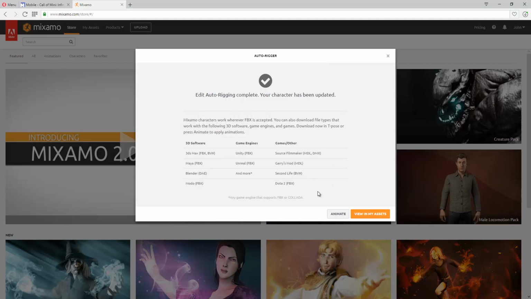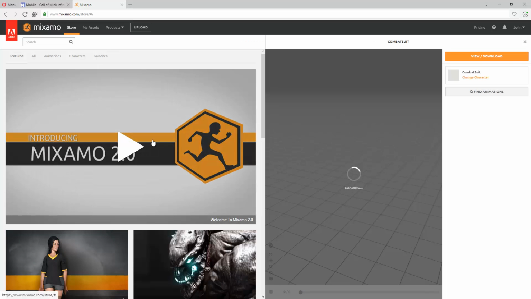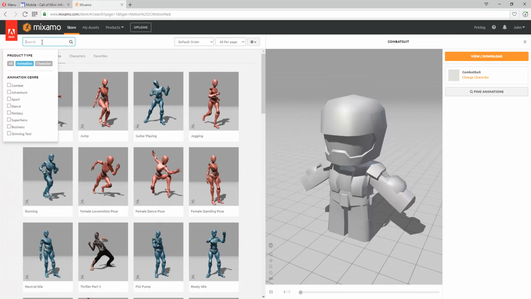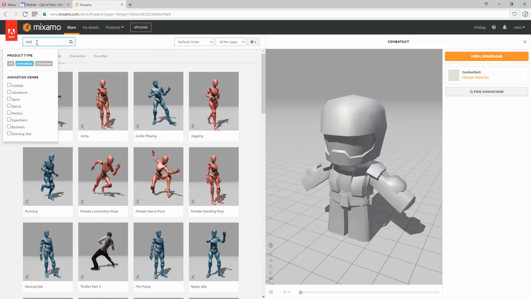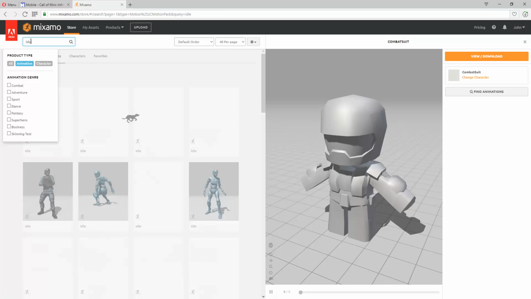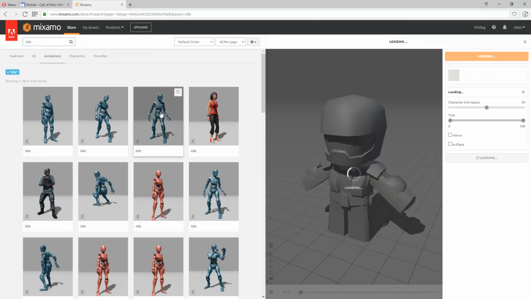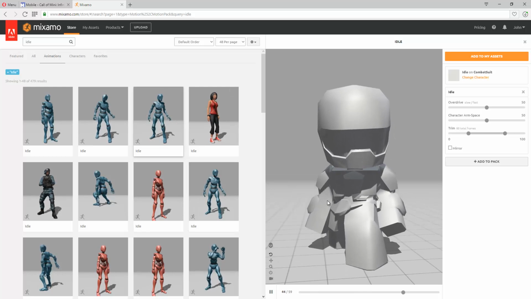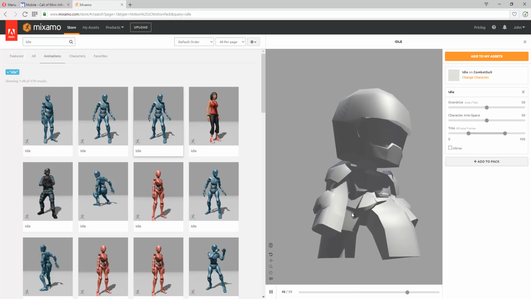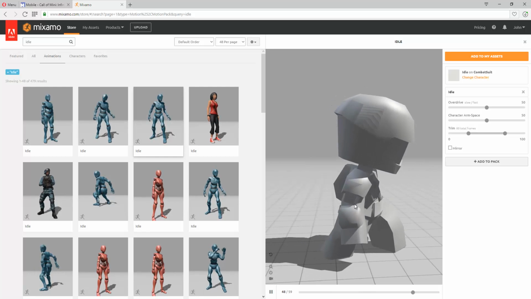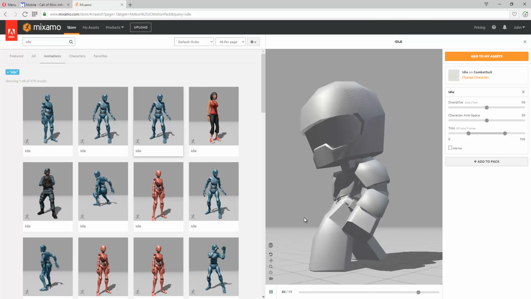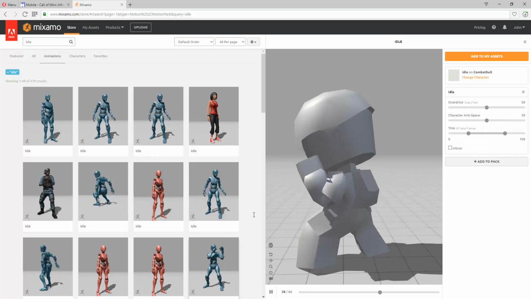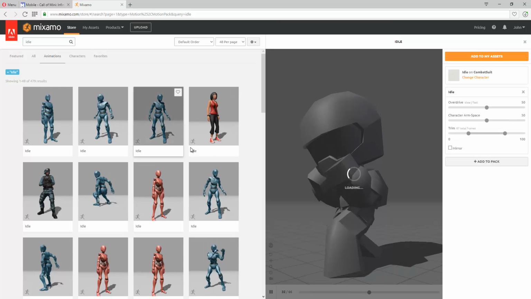We're going to click next, and we're going to click animate, and then we're going to go to animations, and we're going to go for a simple idle animation. So basically when he's standing still, he's kind of just doing nothing. Okay, so that does work. Looks like we do have a little bit of an issue with the hands, or their lack of, but not bad. And we'll play around with the fist. No, actually, that's pretty good.